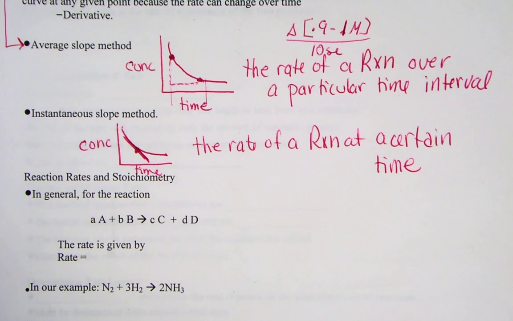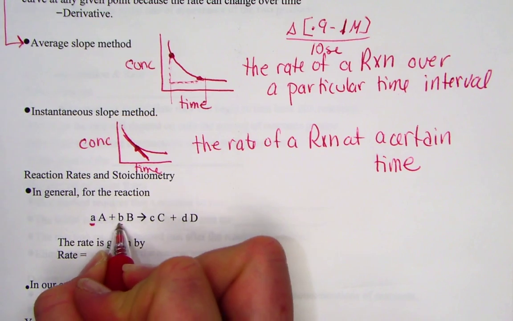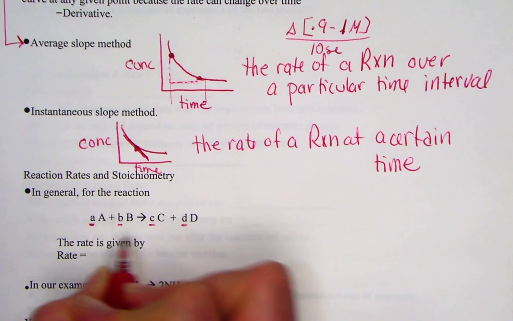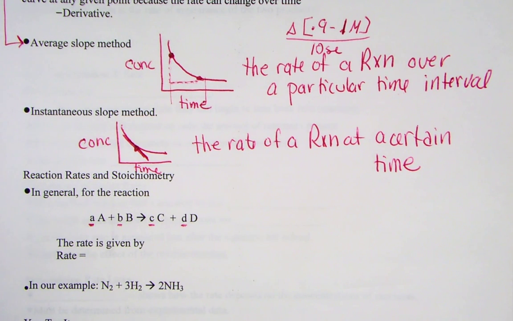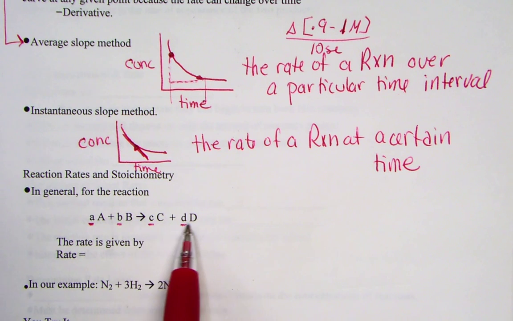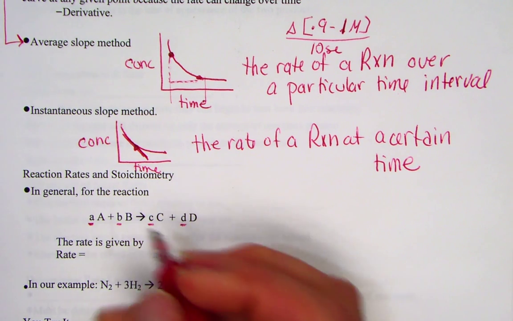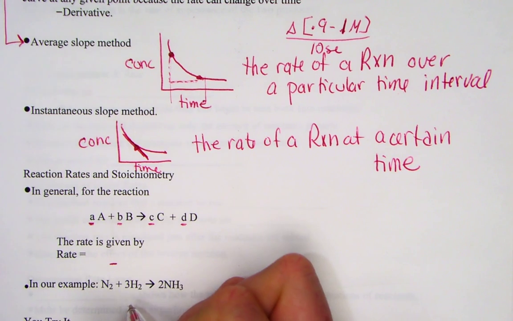Stoichiometry and reaction rates. In general, if we look at an equation with generic letters, where the little letters are representing the coefficients and the capital letters are representing the reactants going to products, we have reactant A with its coefficient a, reacting with B to form C and D. How would we represent the rate of that equation? Well, this rate is given by, again, negative, because we are looking at